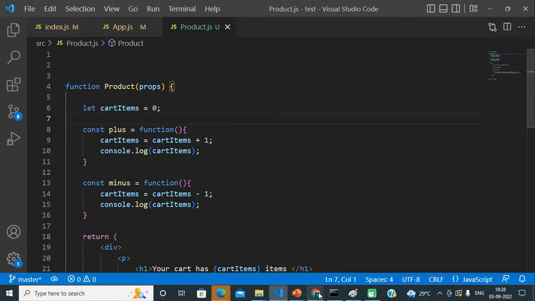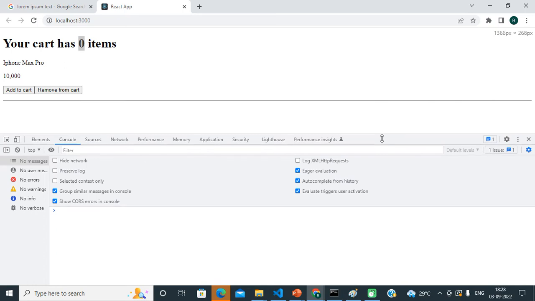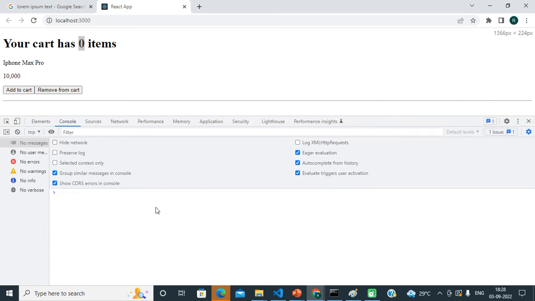Now, as per our last video's understanding, we are thinking that if we don't use the state hook, our value will not get incremented. Currently we are thinking like that, but let me show you what is actually happening.